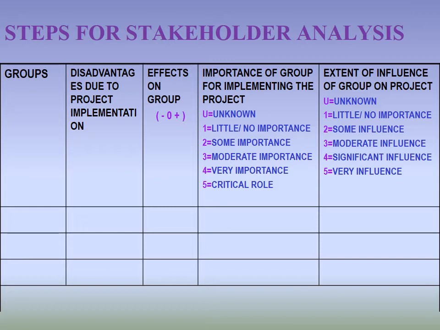Importance of the group for implementing the project: the fishermen are mostly poor people, in many cases hand to mouth people, and they don't have any voice, no importance. So you just give it here 1 or 2 or maybe unknown. And extent of influence, the last column, you give it also 1 or 2, because they cannot raise their voice or inform the farmers and other groups of their interests. So whenever you fill up, it is 3 rows there below,